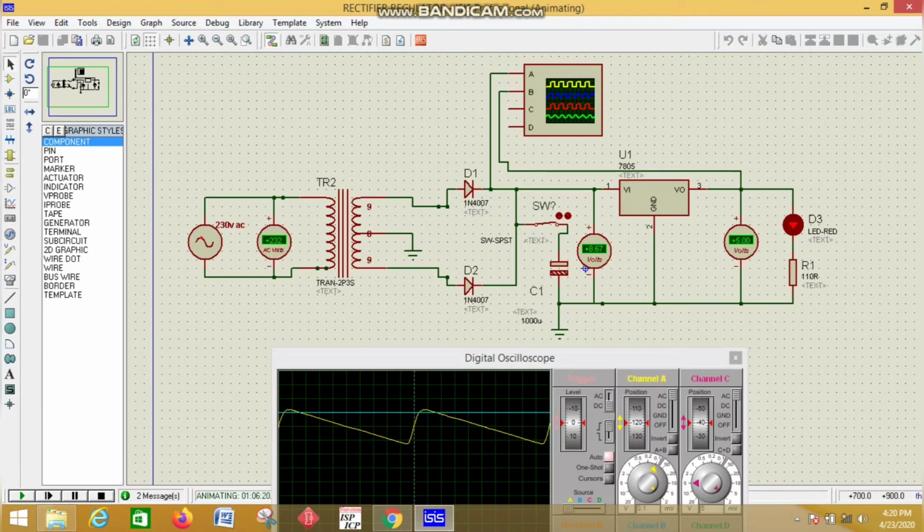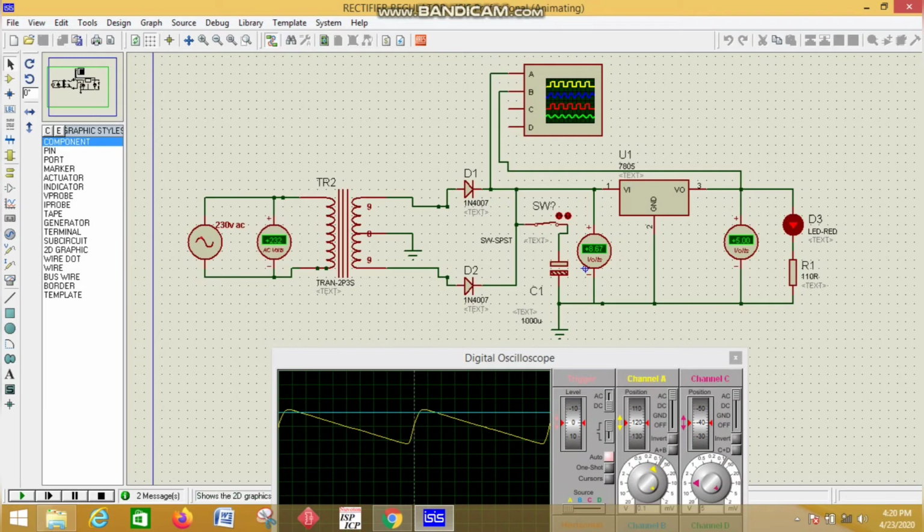The center tap is connected to the ground terminal of the rest of the circuit. After rectification and filtration, we are using a 7805 regulator, where pin number 1 is connected to the unregulated power supply, pin number 2 is ground or common, and pin number 3 is our output.